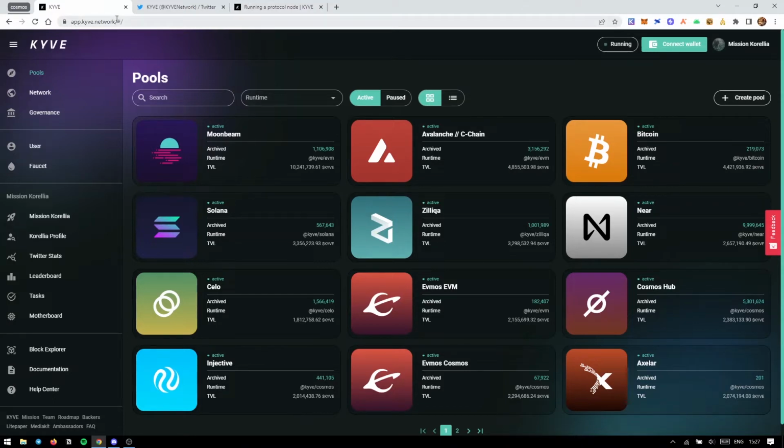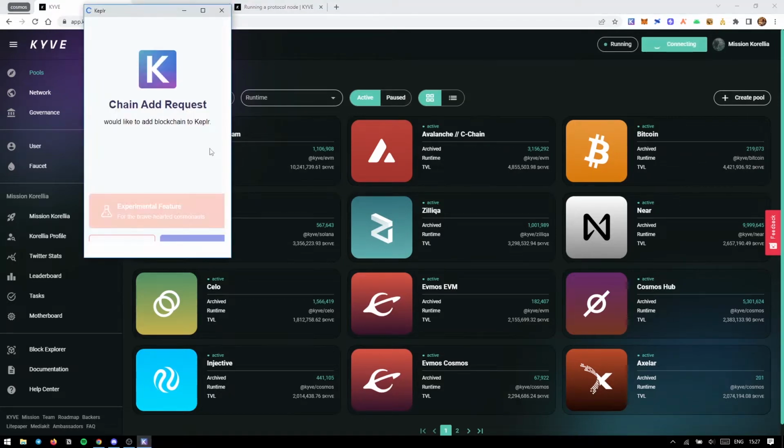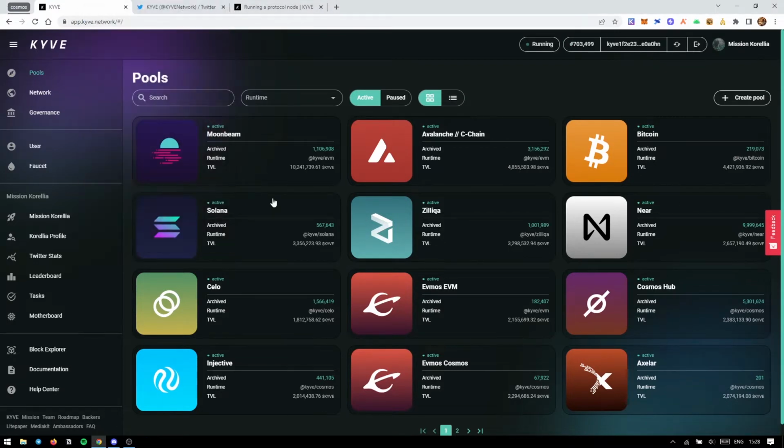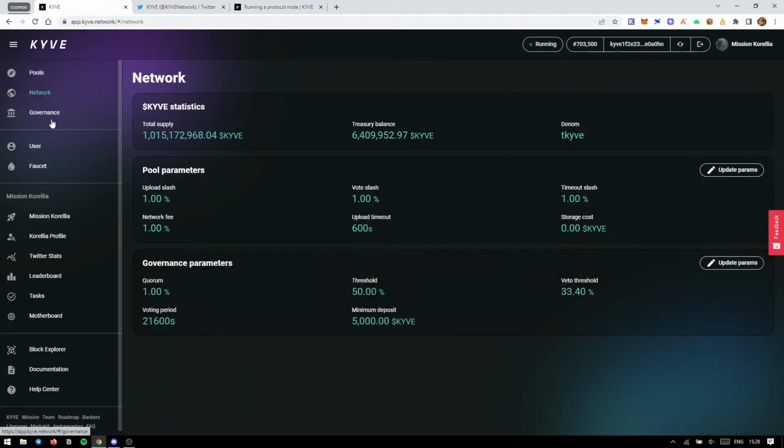app.kyve.network. Then you need to have Keplr wallet installed. After installing the wallet, you need to connect the wallet to the web page. Alright? So let's allow our Keplr wallet to add KYVE network. Our wallet is connected. You can go through all the tasks